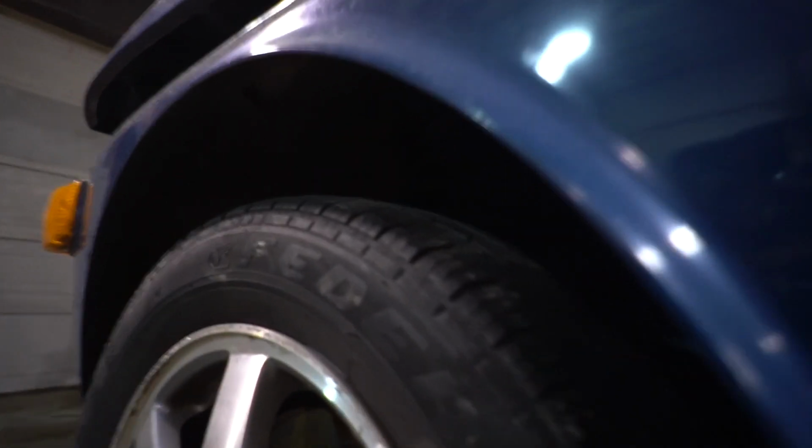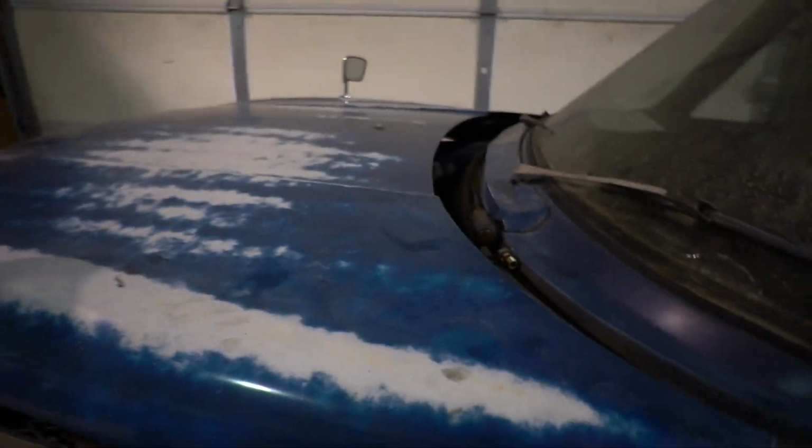The only other thing is the, let's see if I can get it to brighten up a little bit. I don't know if you guys can see very well, but the exhaust apparently has a few little holes in it that we'll probably just patch up, just welding patches of metal over them, keeping the stock exhaust exactly the way it is. Because this car we're not really planning to make loud, and it is all original and OEM underneath. So that's kind of the stage where the Saab is at right now,